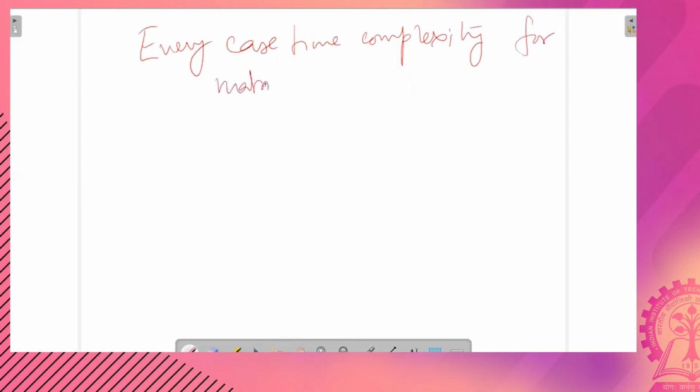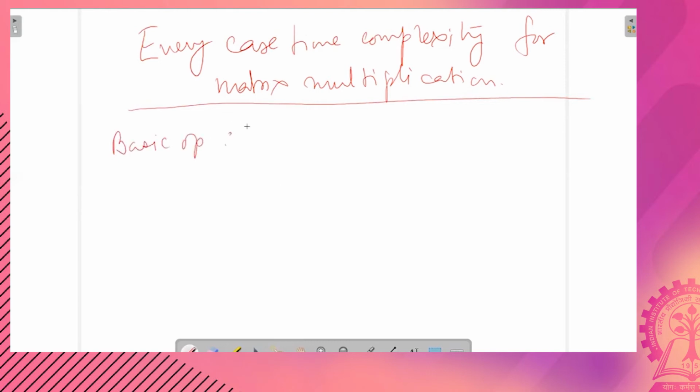Now the third one, every case time complexity for matrix multiplication. Okay. Again, we have to first identify the basic op.